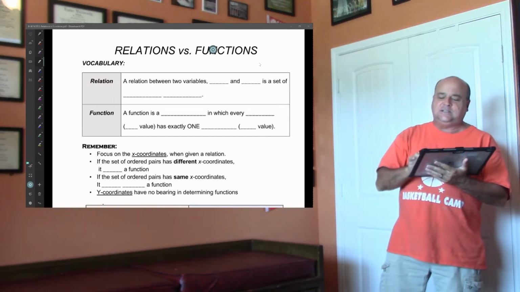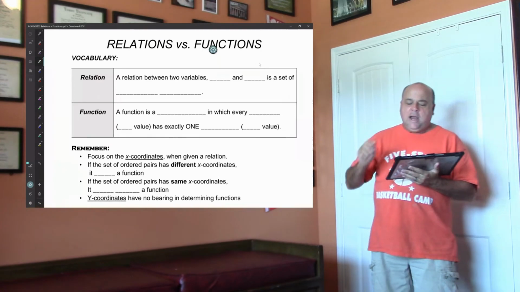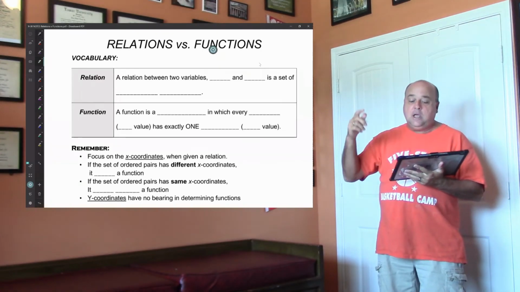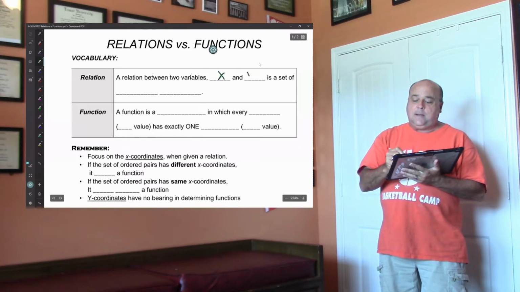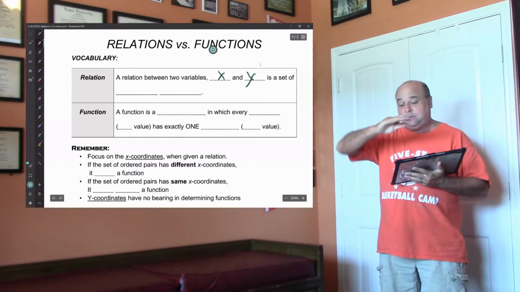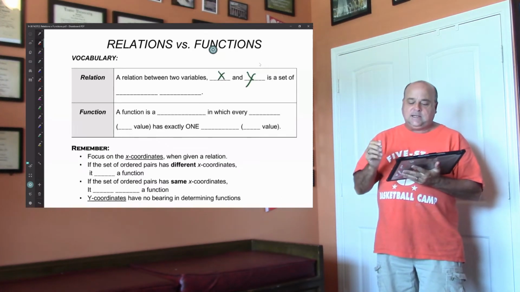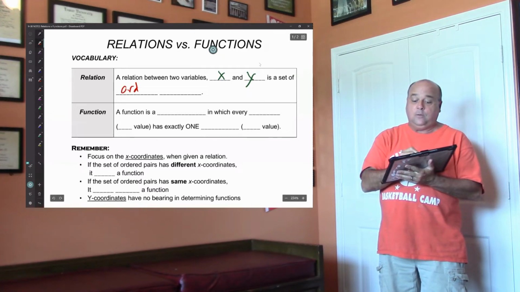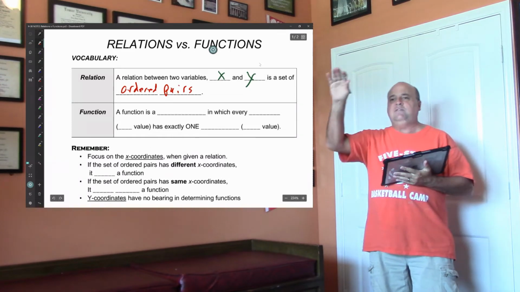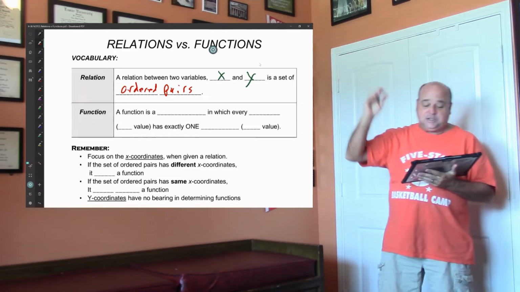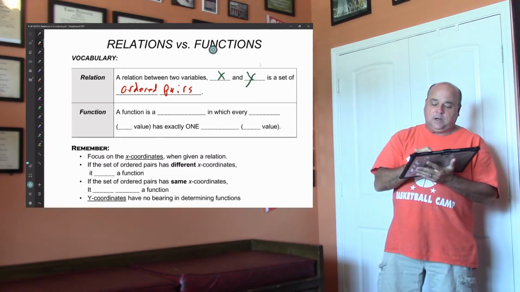A function is a set of relations, and a relation is between two variables, and we're usually going to use x and y because those are the variables. The x and y axis is a set of ordered pairs. So when you have a set of ordered pairs, that's a relation. A function is a relation